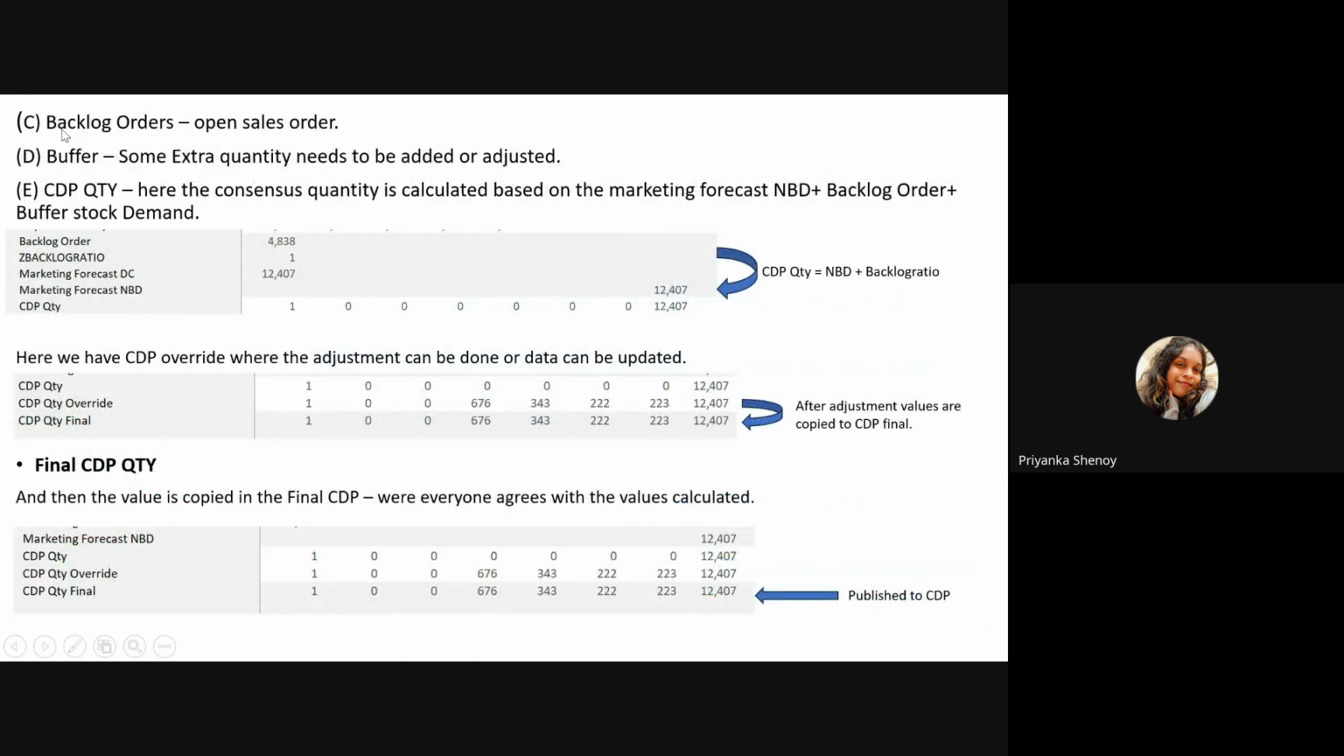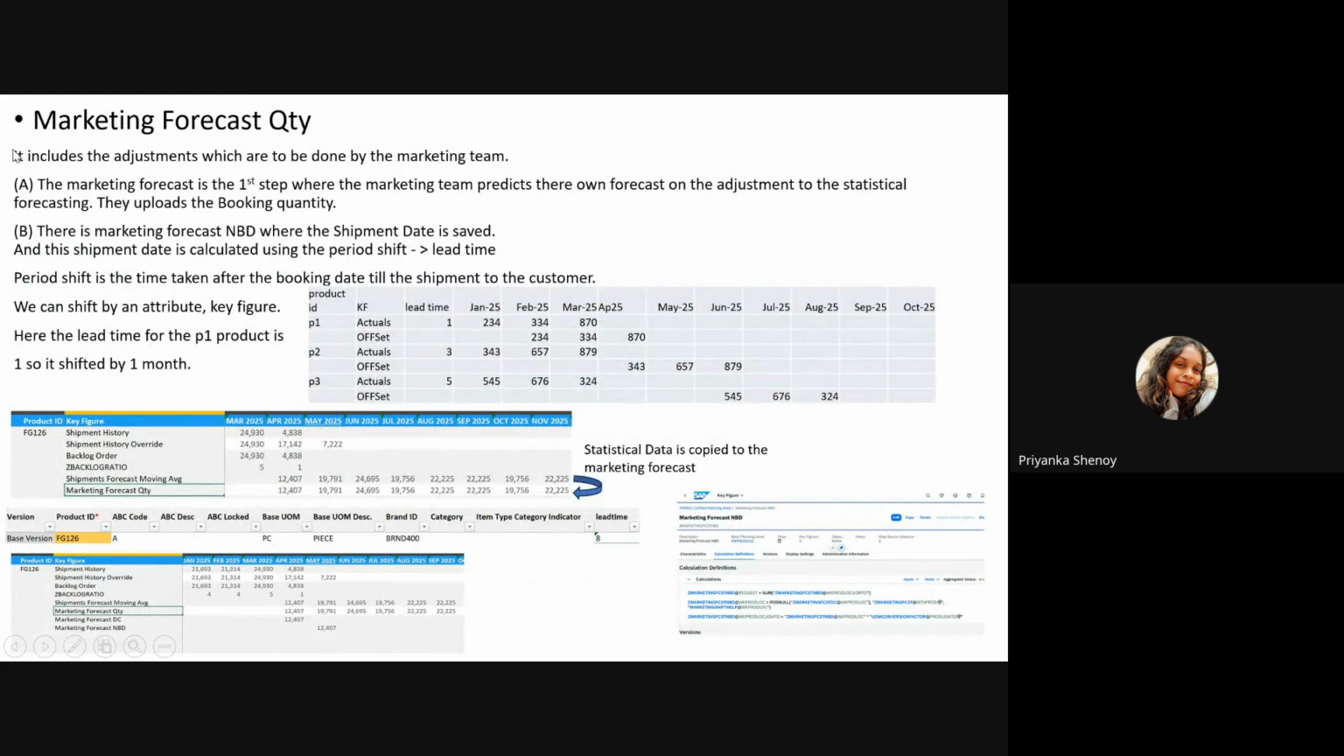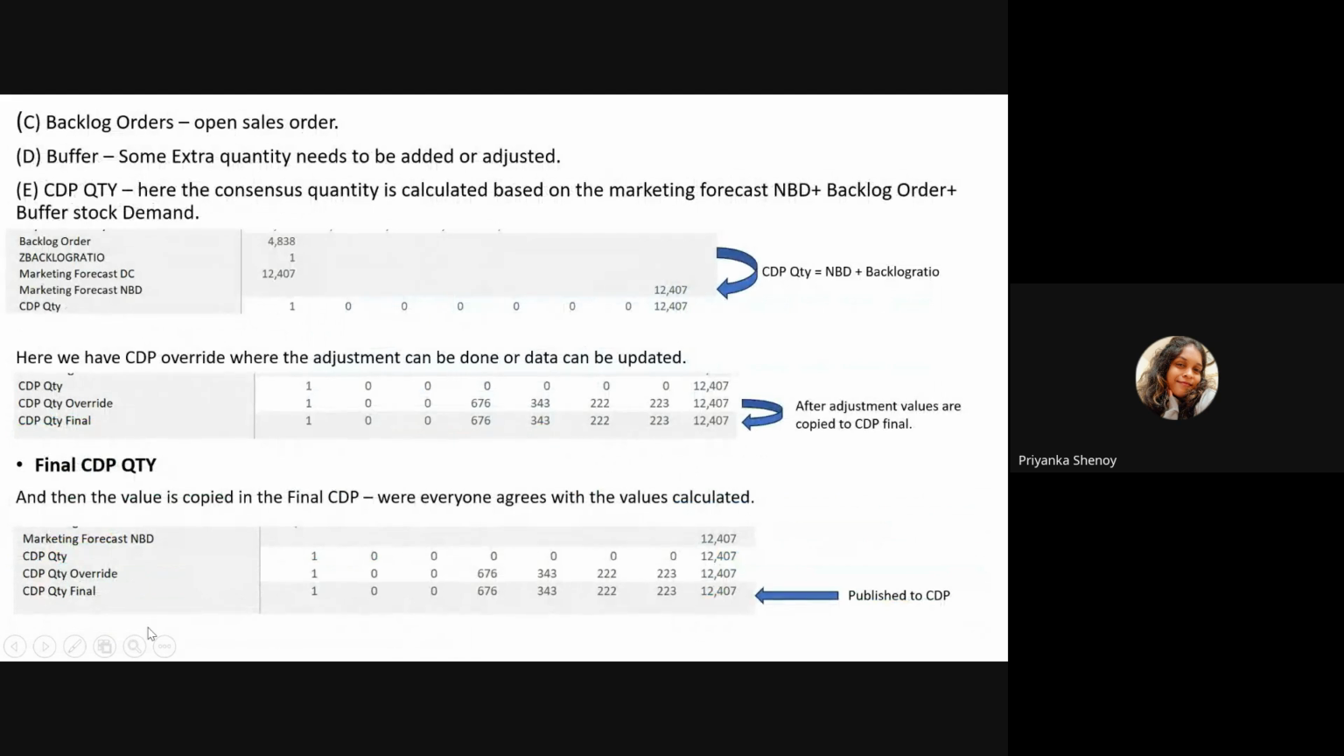Also there are backlogs. If there are backlog orders, those are also there. If the buffer is also calculated, it is added, if it is there. And once this marketing forecast quantity is done, the NBD is completed, and if the backlog or the buffer are there, all three get calculated in the CDP quantity, which is the consensus demand plan,